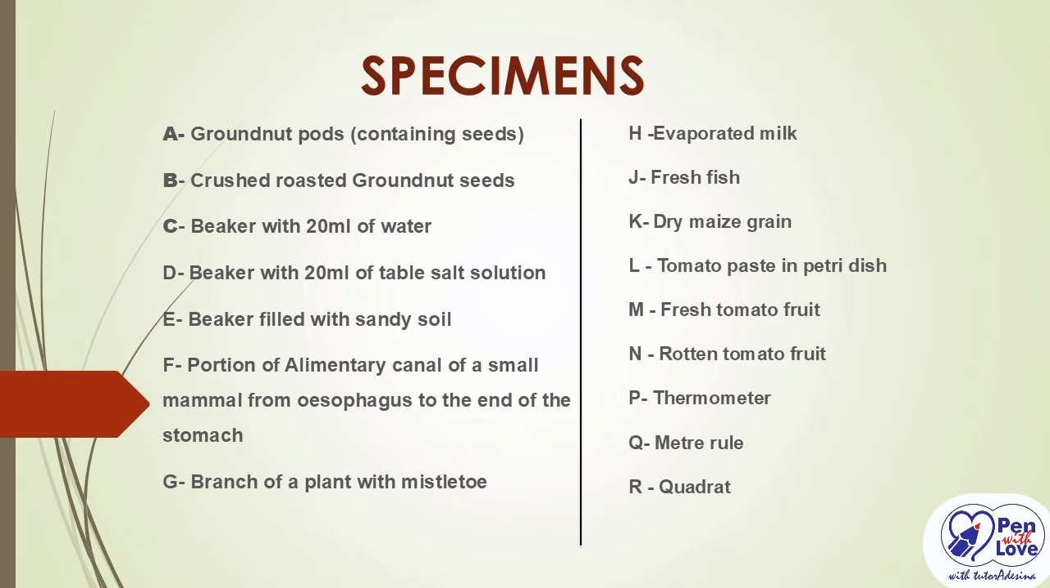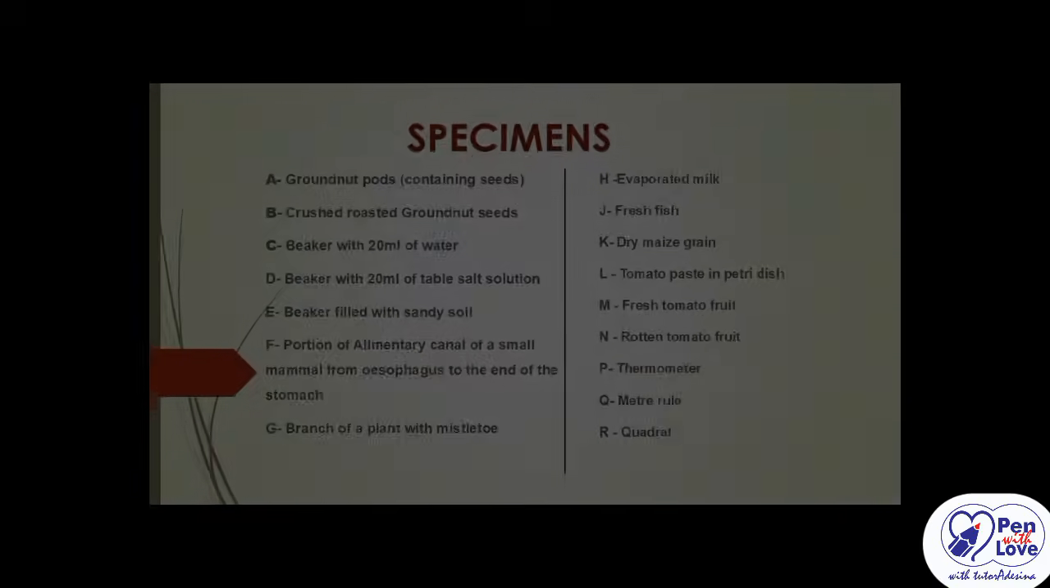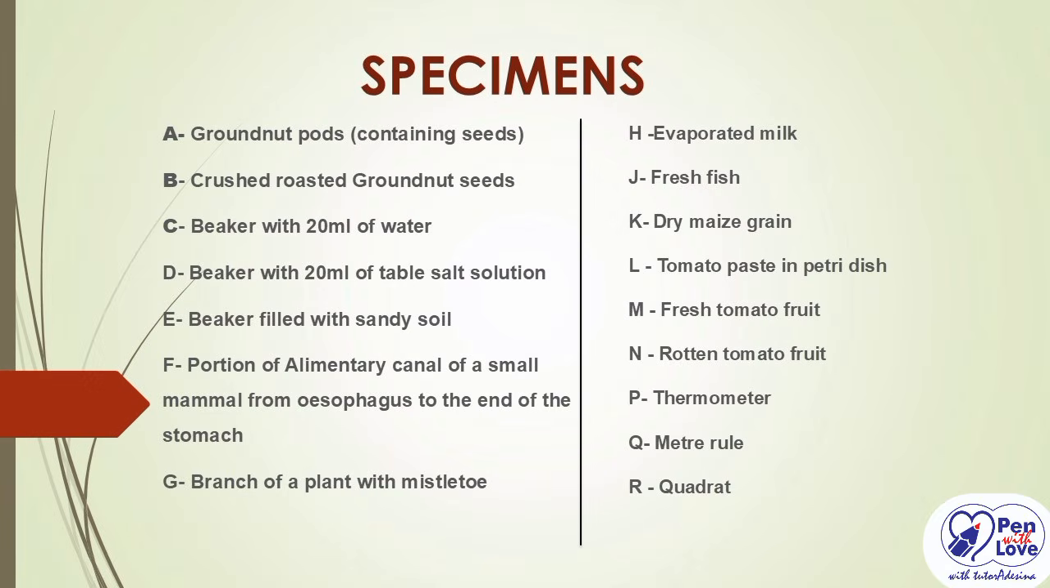These are the specimens you are seeing on your screen, and we are going to be showing the pictures related to each specimen as we dive into the analysis. We have specimen A to be groundnut pod containing seed, specimen B containing crushed roasted groundnut seed, specimen C beaker with 20 ml of water, specimen D beaker with 20 ml of table salt solution,